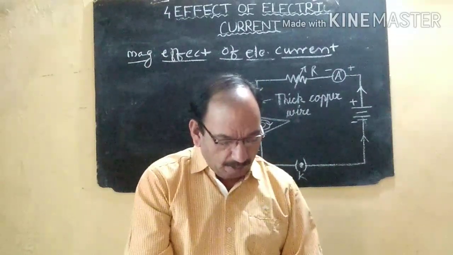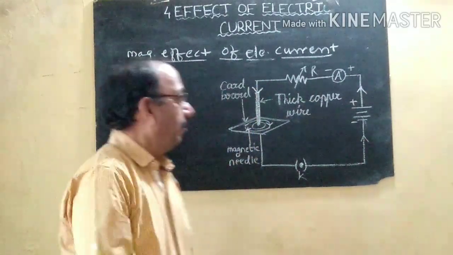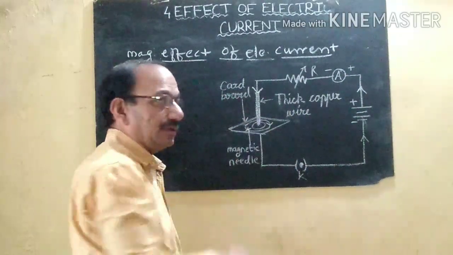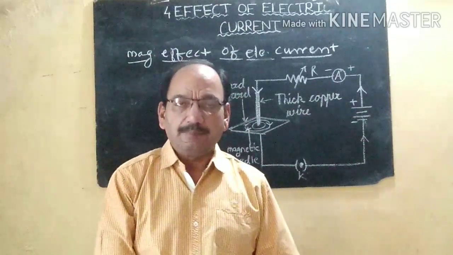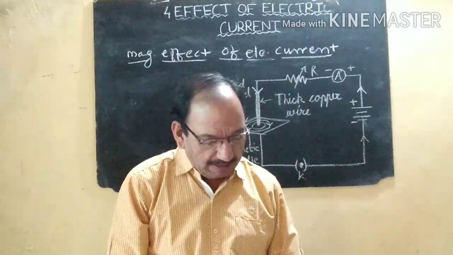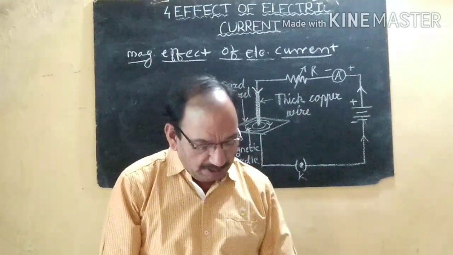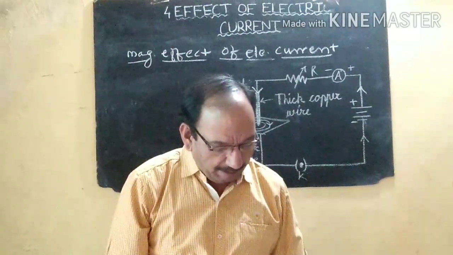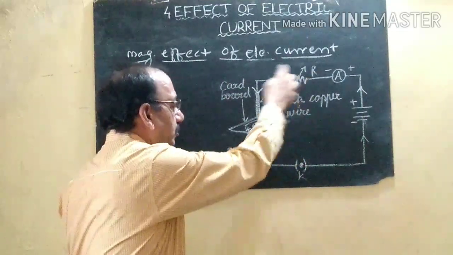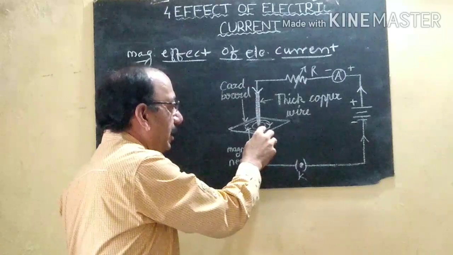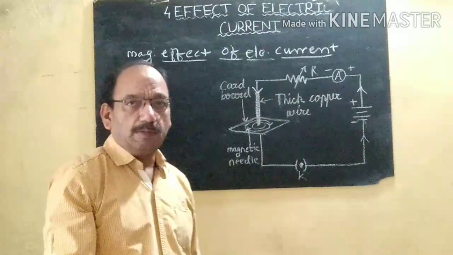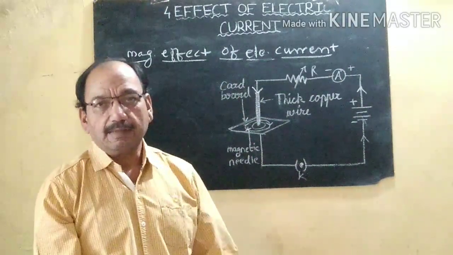What changes are caused by increasing or decreasing the current? When we increase the current here, the number of concentric circles increases. This indicates that the magnetic field becomes strong. What do you see when the magnetic needle is kept a little away from the wire? When we increase the current through this electrical circuit and keep the magnetic needle near this conducting wire, it will show more deflection. It indicates that the magnetic field is strong.